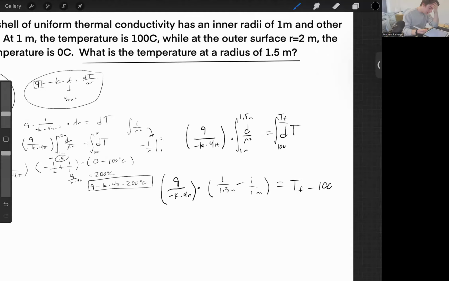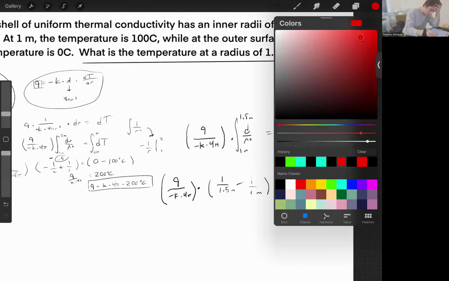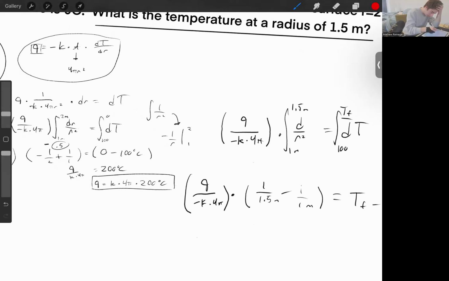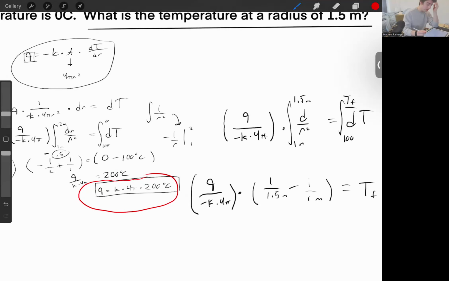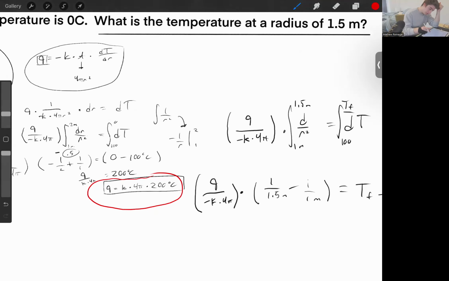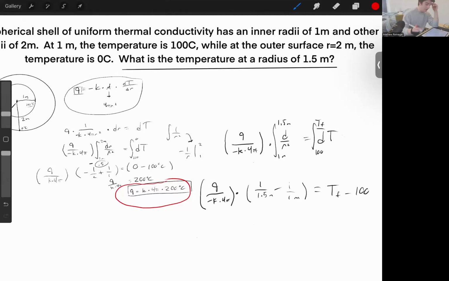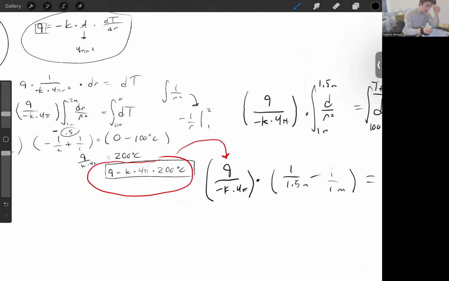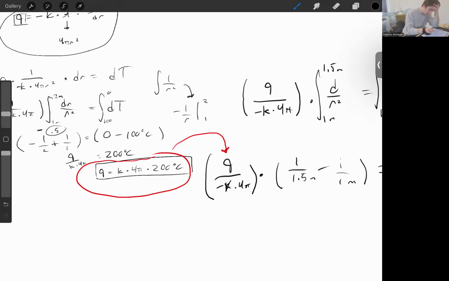Now, if we have this Q over here, what we can actually do is plug in this Q that we solved from the initial and final temperatures of the inner and outer radius. When we do that, notice we don't have to know thermal conductivity anymore. We can cancel that out. We're not concerned about 4 pi, and we're left with 200. So actually we have negative 200